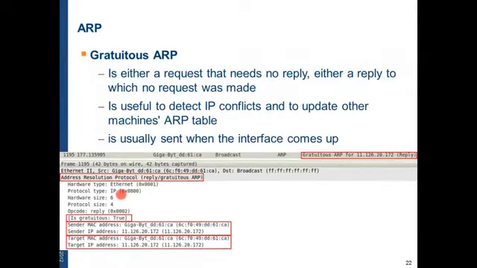It's a normal request and reply. In a gratuitous request, or in this case, a gratuitous reply, we have the is gratuitous flag set to true, and we also have the same information for both sender and target. It is not destined for somebody specifically. It is destined to everyone, so that they know the MAC of this IP.